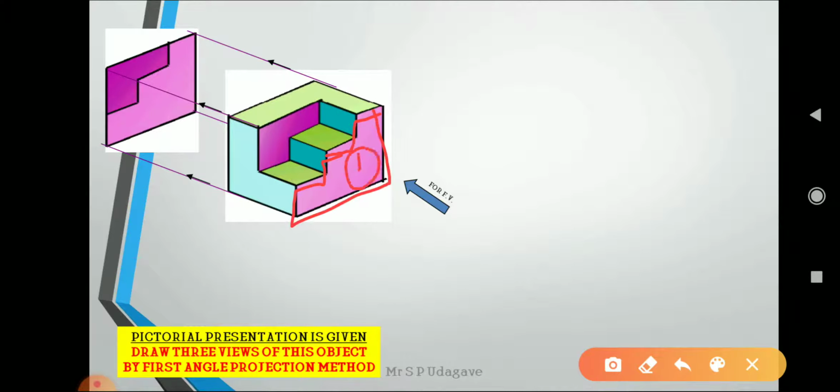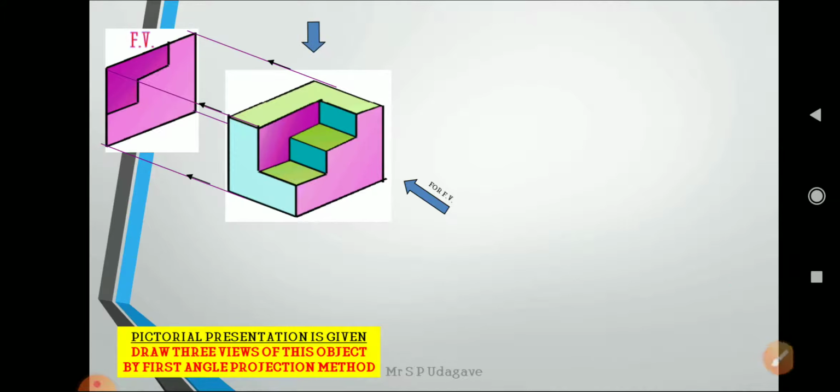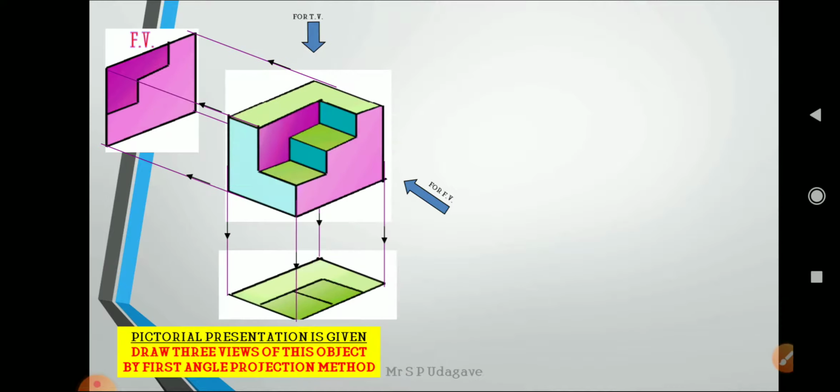So this is the first part and this is the second part. This is projected in the front view, and we can take the dimensions. In a similar way, we can take the top view. When the observer views from the top and takes the projections, we can observe the green portion, an L shape, that is visible, and the two steps are visible in the top view. Vertical faces we cannot observe in the top view. So take the projection and draw the top view.